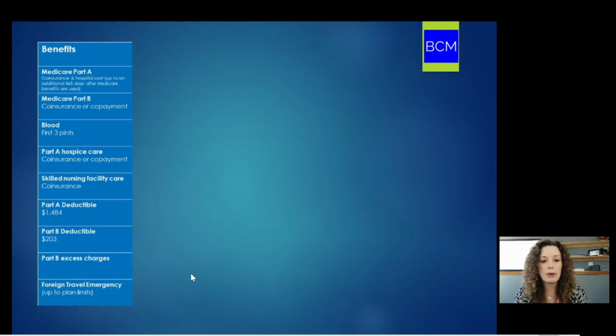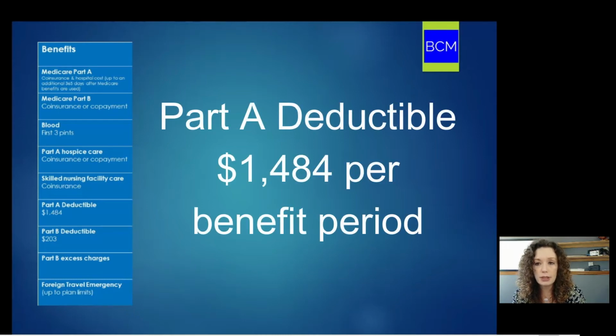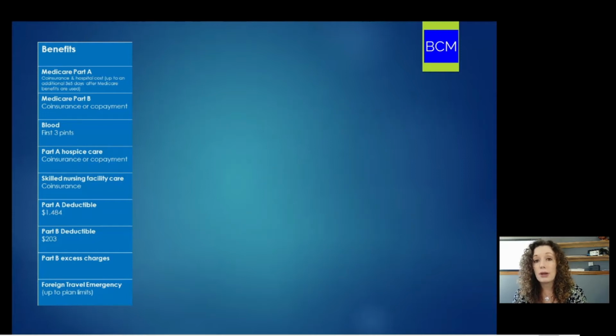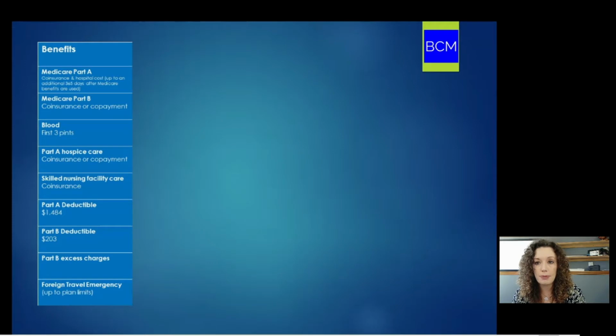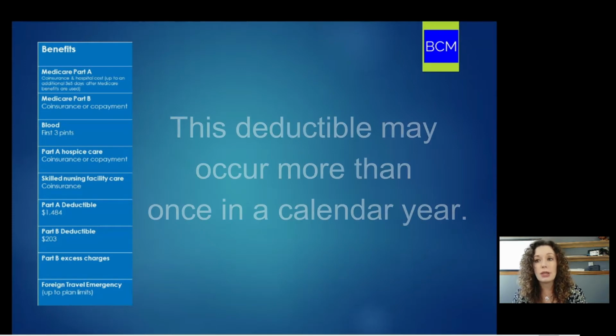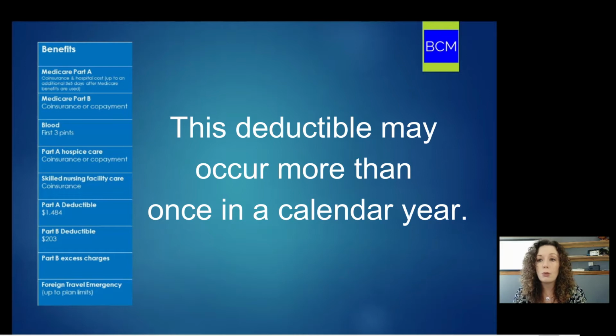Even though they aren't at the top of the chart, we're going to start with the deductibles because those are the first things that you would be responsible for. Part A, deductible of $1,484. This is your inpatient or hospital deductible. And this deductible is charged for each benefit period. A benefit period starts the day you are admitted as an inpatient and ends after you've had 60 days in a row without inpatient or skilled nursing facility care. An important thing to remember is you can end up being charged this deductible more than once in a calendar